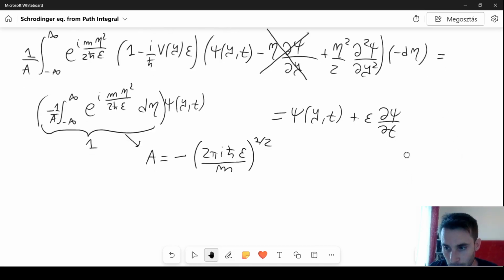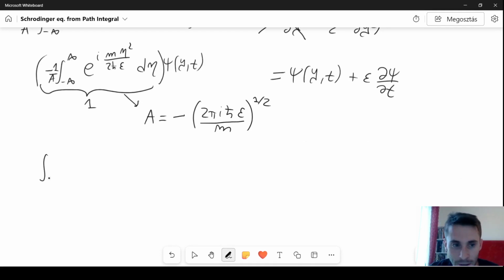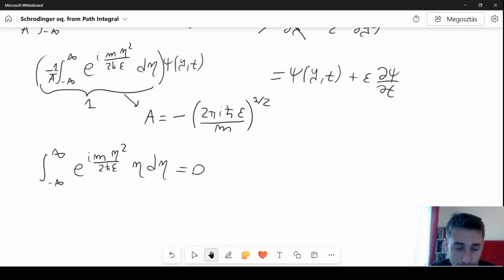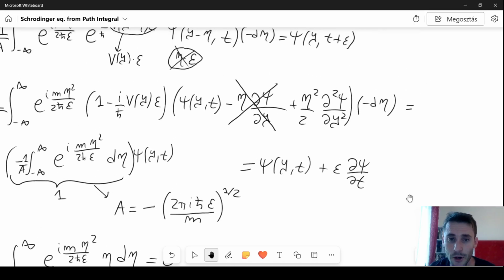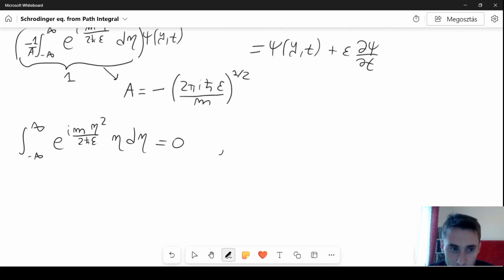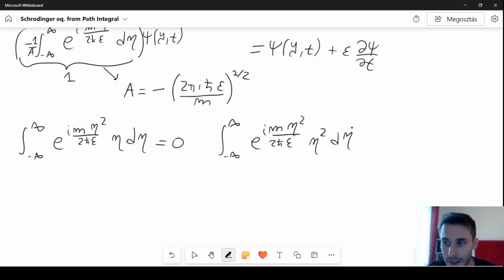And so this can be done by noting that the integral from minus infinity to plus infinity of e to the i m eta squared divided by 2 h bar epsilon multiplied by eta d eta, we know that this is 0. I said that before, so that this term here is negligible. And then we also have another term, a similar integral, but in this case we have eta squared d eta. So we have something like this, and remember that this is also divided by minus a, which is just the